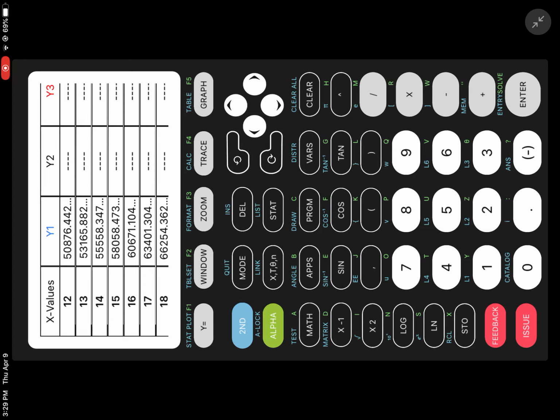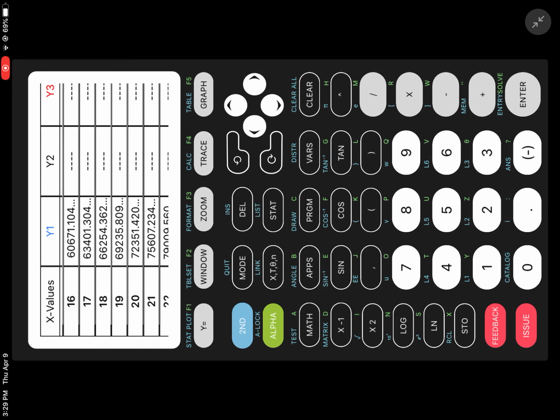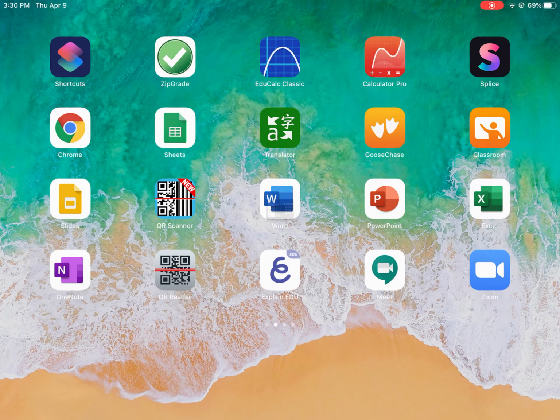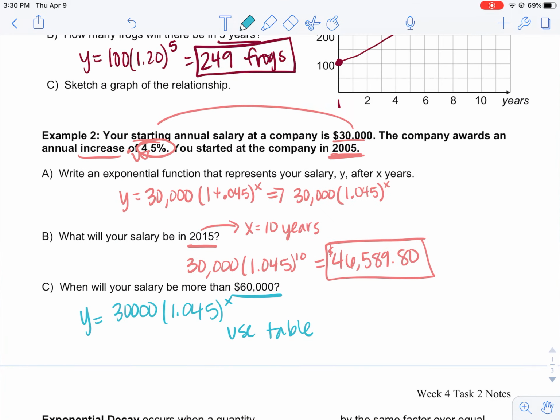So at 16 x's, you notice at 15, we're almost at 60,000. So right here, I'll put it at the very top for you. That is the first time we get over $60,000. So that would be 16 years. Okay, so when you're working backwards, you want to plug your equation into y equals